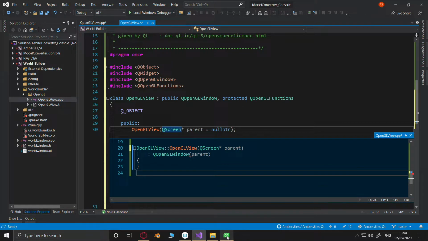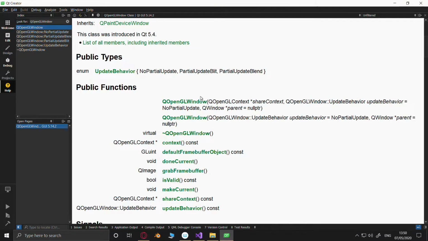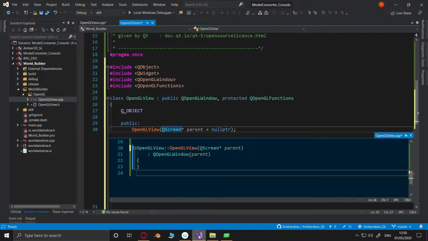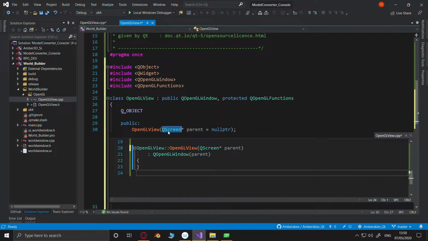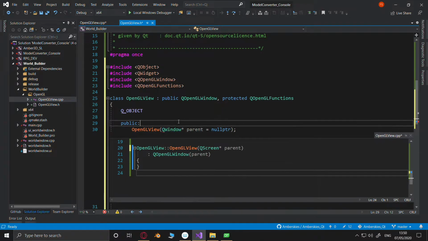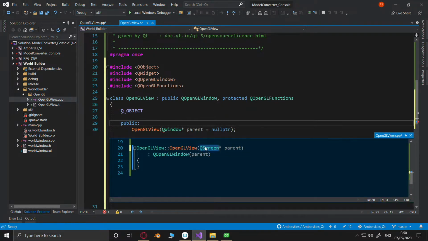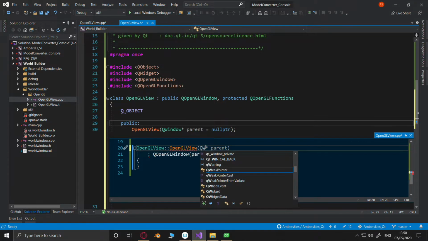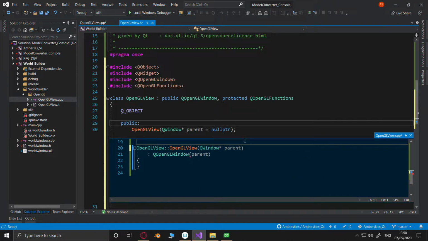But according to this, QOpenGLWindow takes QWindow. And that's correct.